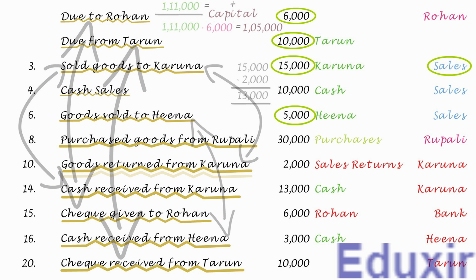At the same time, as the payment is received from the debtor in the form of check, the bank asset of the business will be increasing. The rule to record an increase in the asset is to debit the corresponding asset account. In this case, the bank account should be debited. With this analysis, let us now proceed with the journalizing of this transaction.